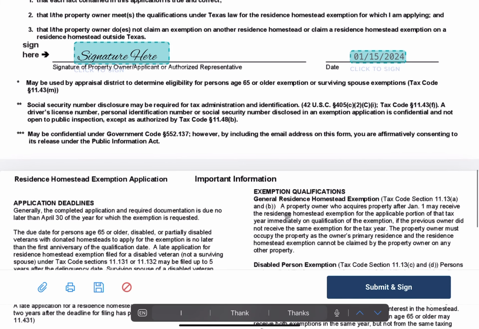You will need to attach your driver's license here. So be sure you have a picture of your driver's license that has your new mailing address on it. And then from there, you will hit submit and sign. It's important, again, that your driver's license has your new address on it. Otherwise, you won't be able to file for the homestead exemption. And furthermore,